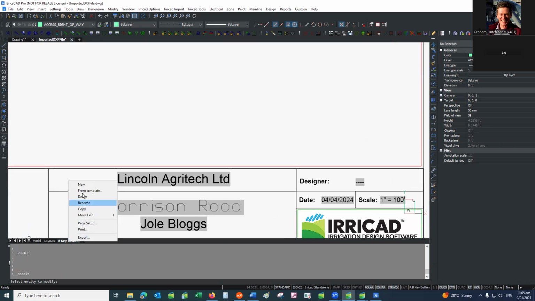And if I add another template, oops, that's strange. Ah, is it still in a,